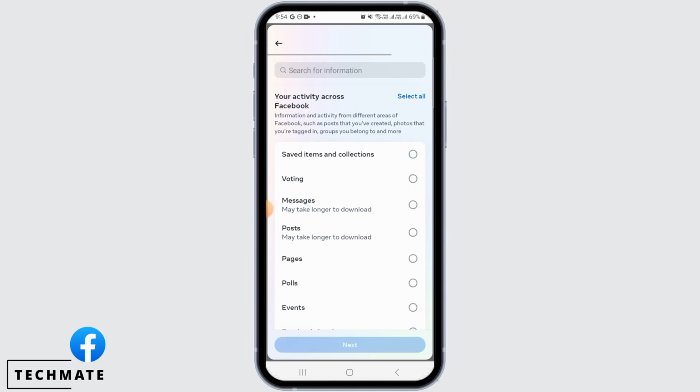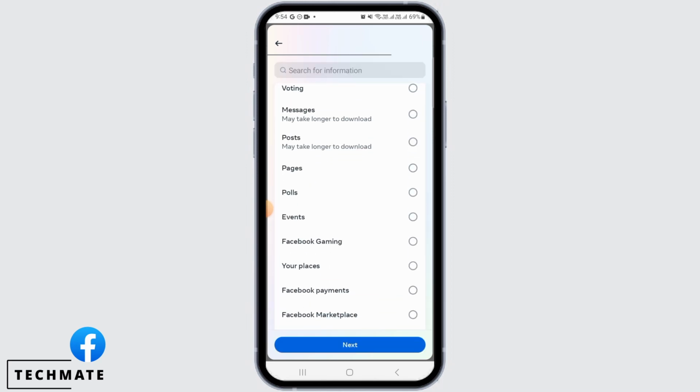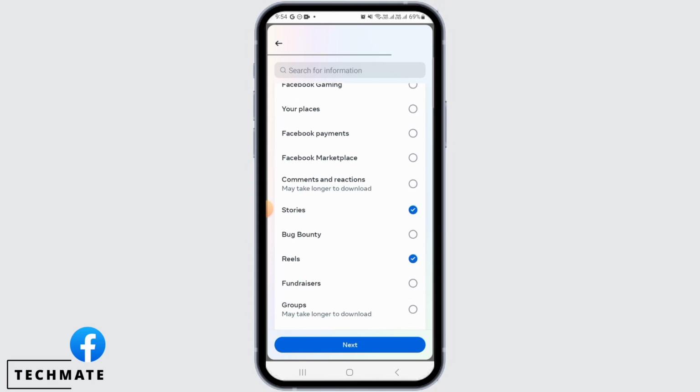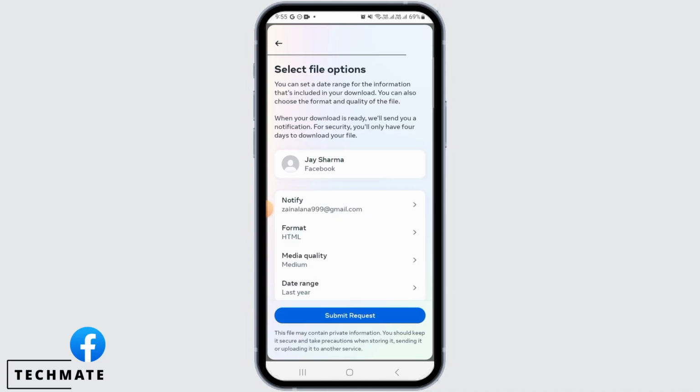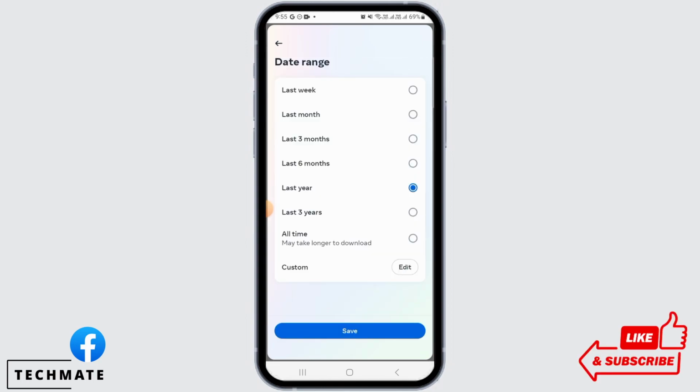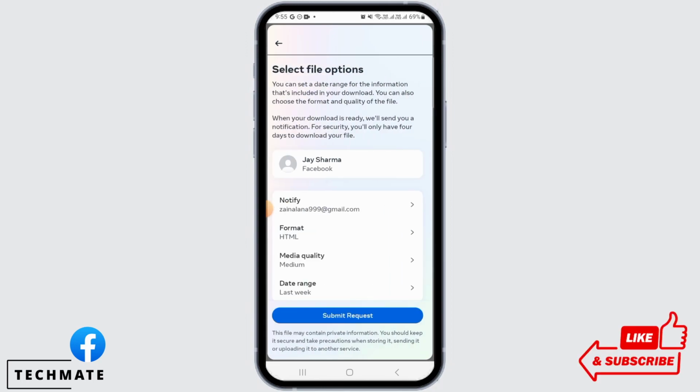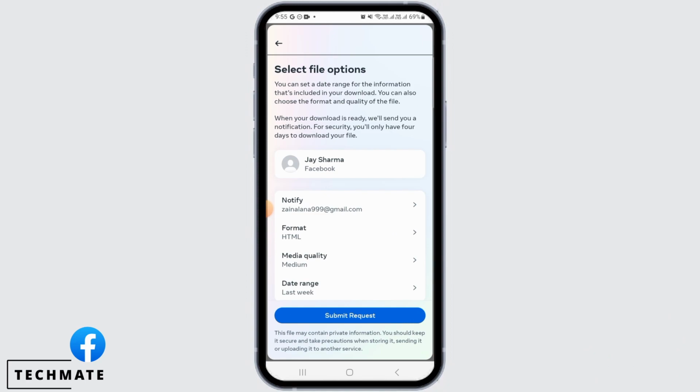Tap on see more. Now from here you can select your posts, then your stories, reels. Now scroll all the way down and tap on next. Then over here you can leave the format to HTML and you can also select the date range. So if you just require this week's deleted photos or videos, then you can select last week, then tap on